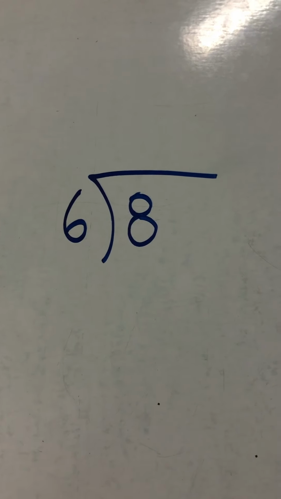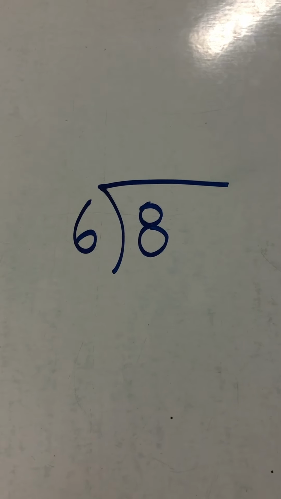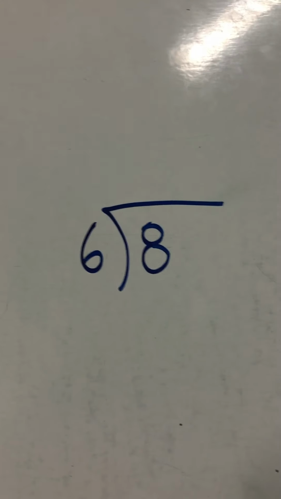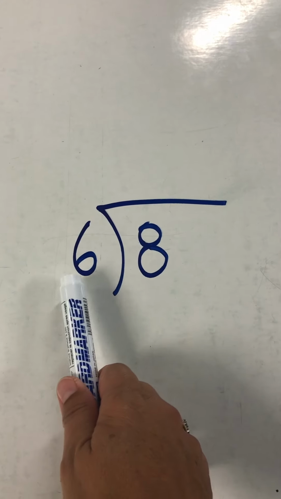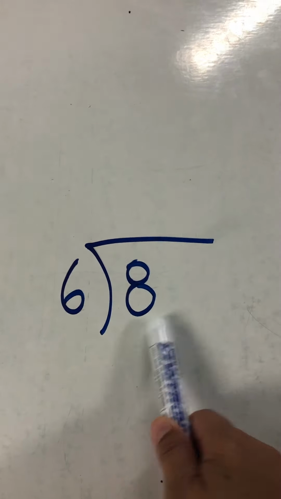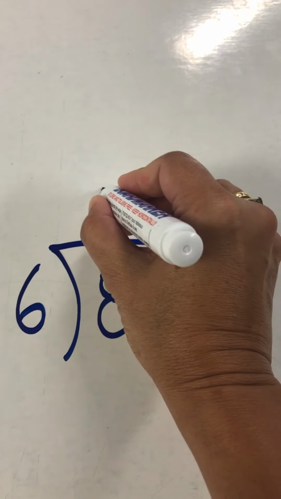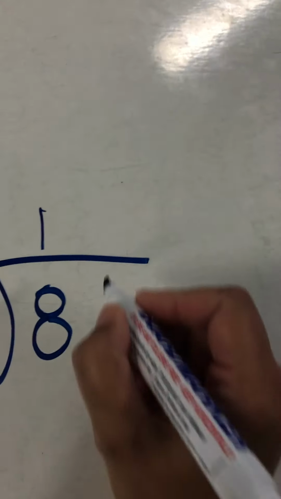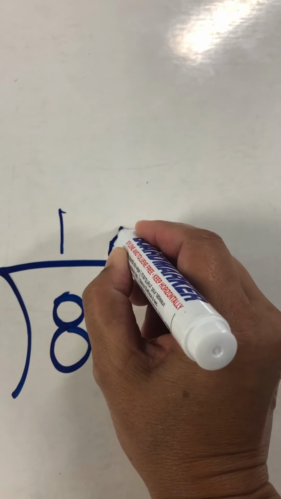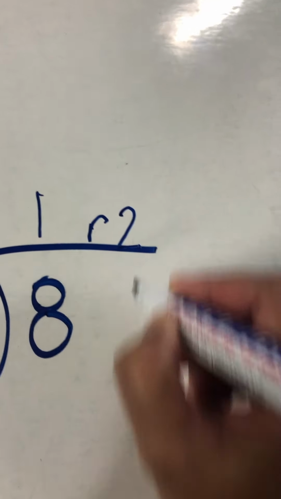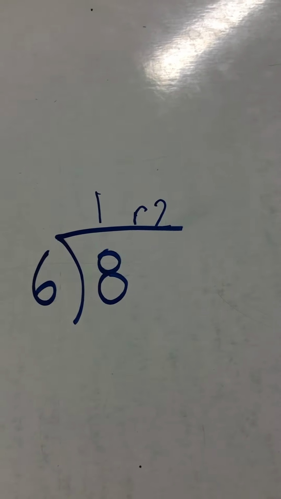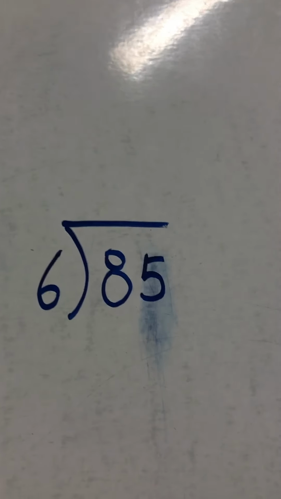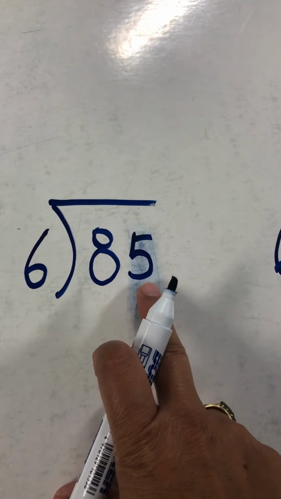Hi guys, so we're going to look at our first case of long division. This one's pretty easy. If you look at this, 6 goes into 8 once. So we put it above the 8, and the remainder, which is the part that's left over, is 2. Okay, simple. But if we go into the next one, where I've got now a 5 in the ones column,